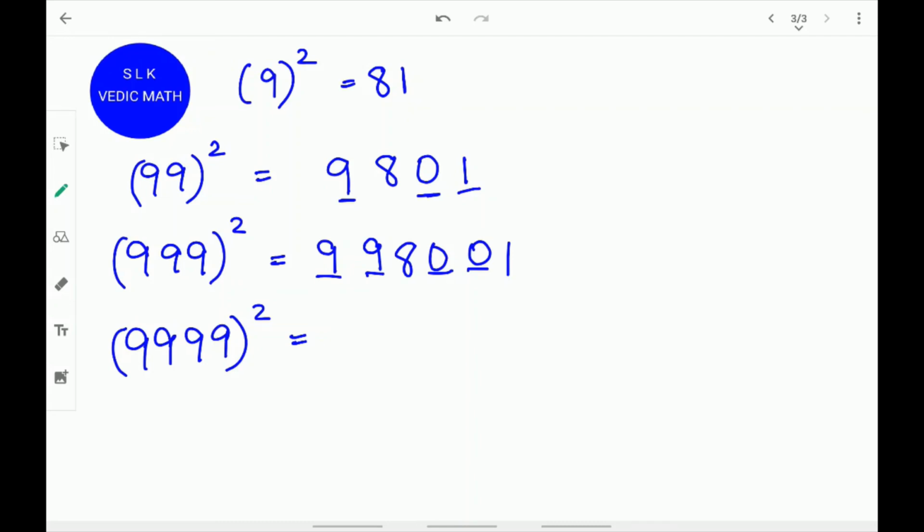Let's try one more example. 9999 square. Write 81 with a little bit more space in between. Since there are 4 9s in 9999, there are supposed to be 3 digits on each side. 1 less than 1 is 0. Write 0 3 times. Next, 1 more than 8 is 9. Write 9 3 times. So 9999 square is